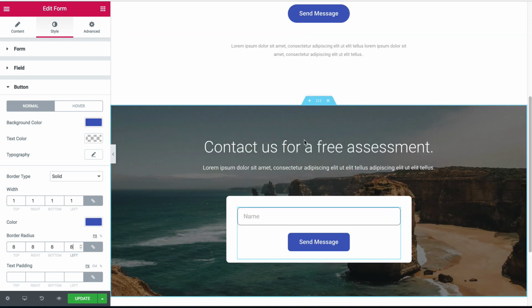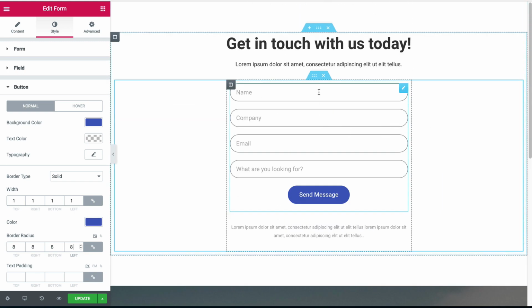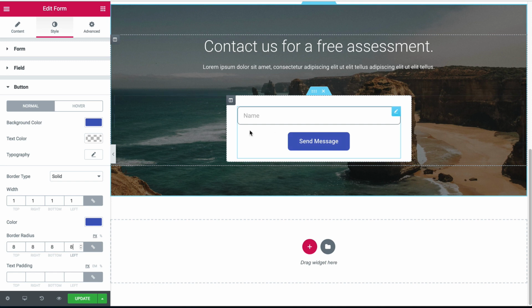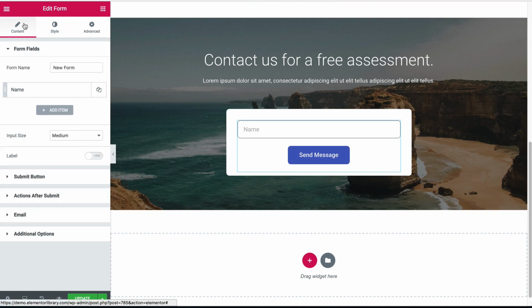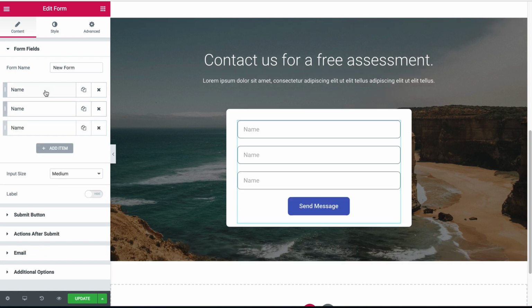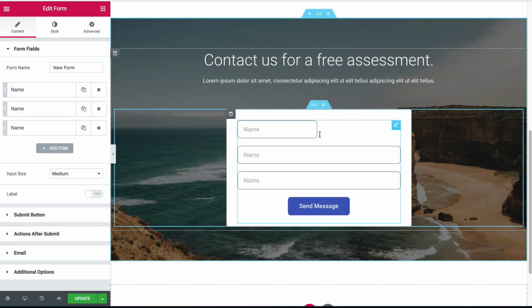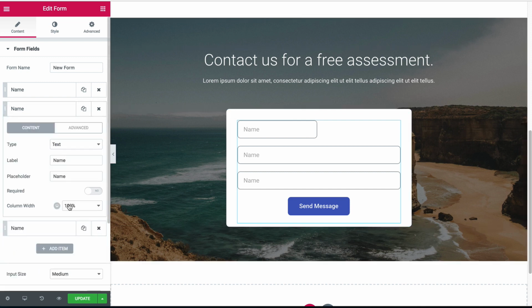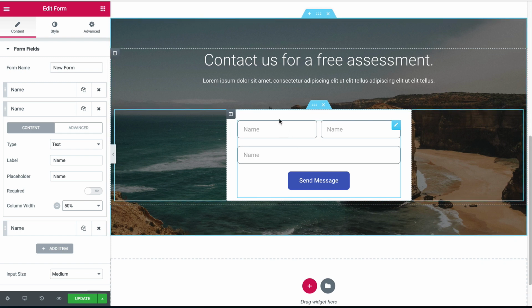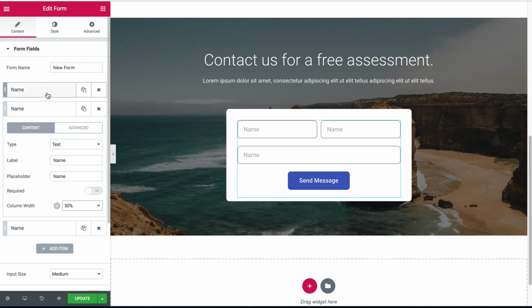And we'll leave the color the same just so we have a consistent aesthetic going on here. Go back to the content of the actual form. Let's duplicate this a few times. I'm going to change the name to 50%, and you can see what it does there. It just decreases the actual width of the container. Now if we do that again, you'll see that it automatically goes in line, which is a pretty fantastic feature